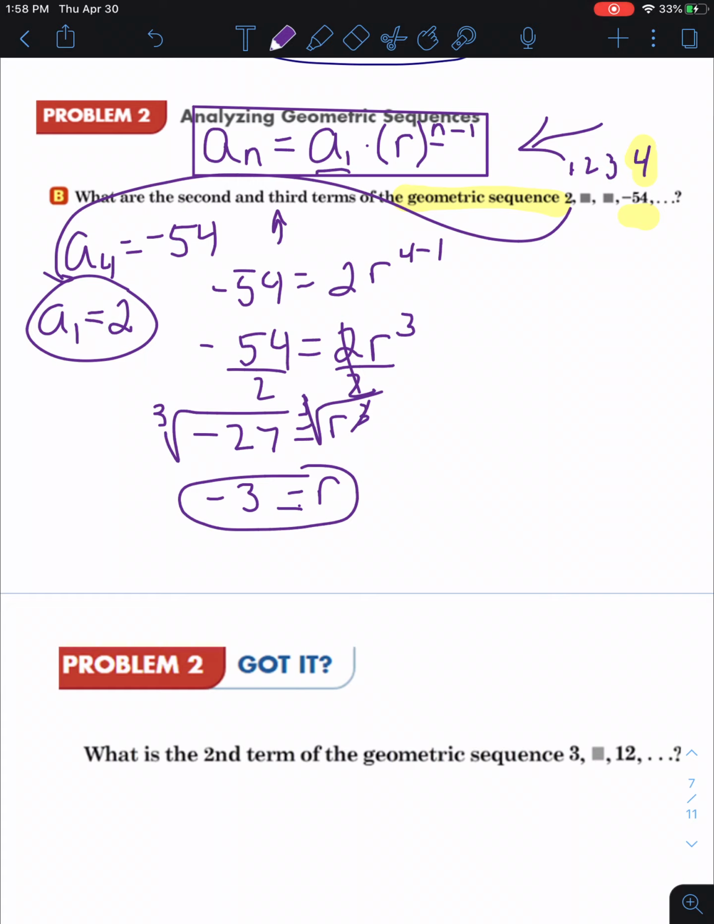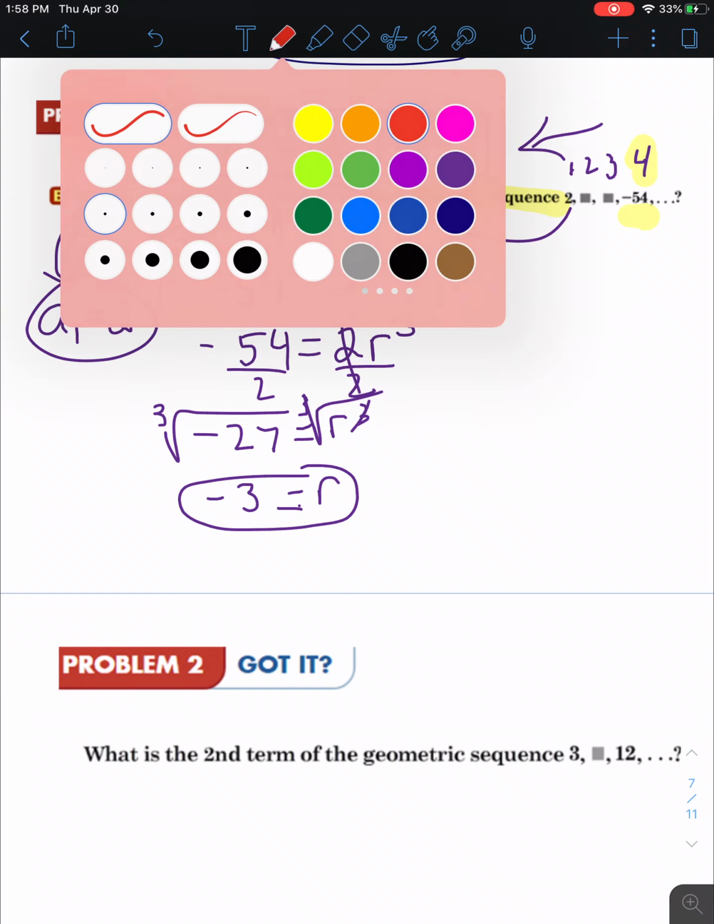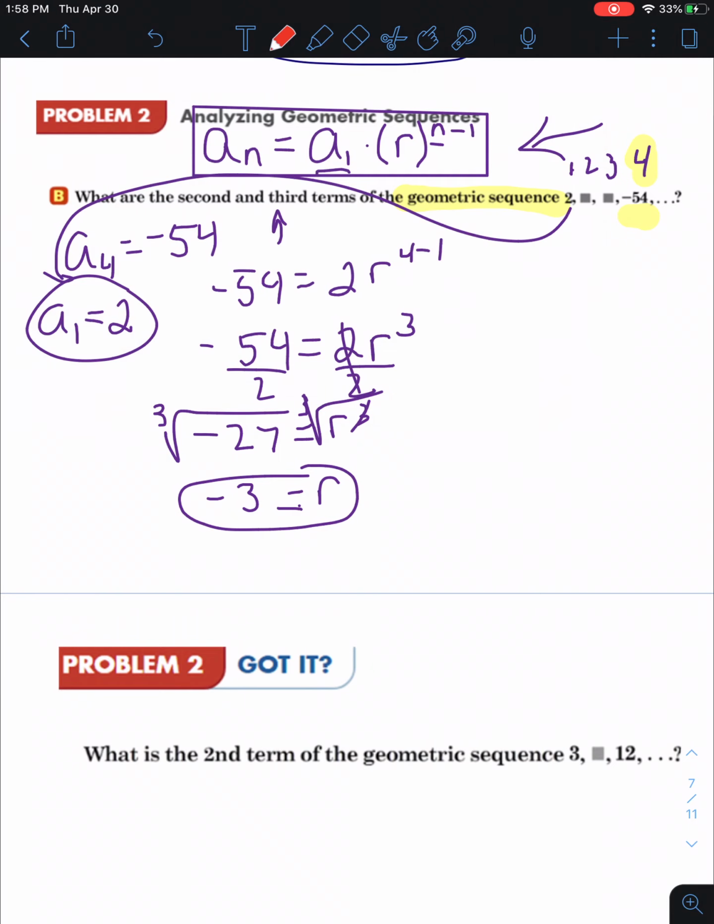Now it said find the second term. All right, we're going to go back up to my formula. And this time I'm going to use red. So we're going to go back to the formula for a sub 2,